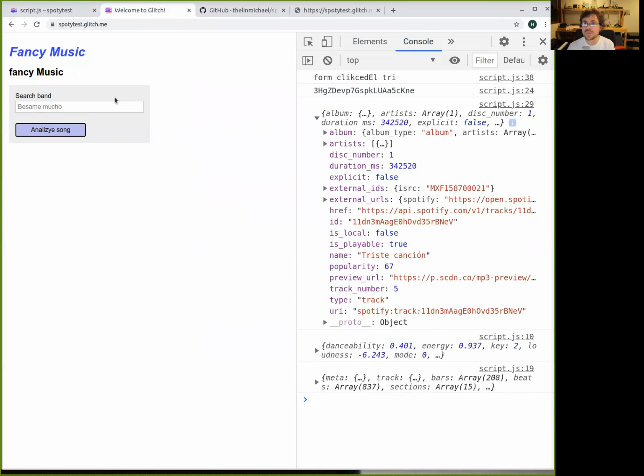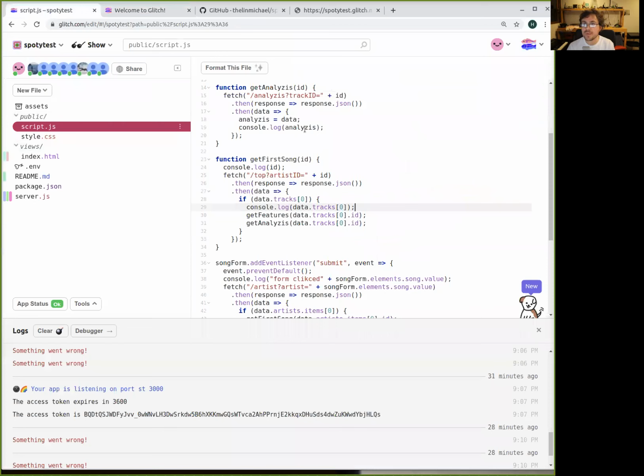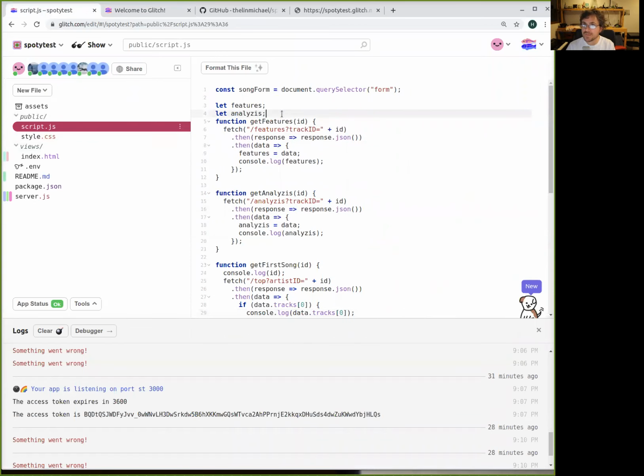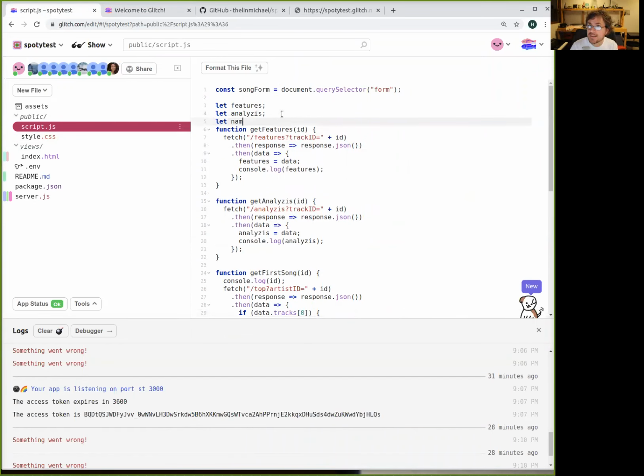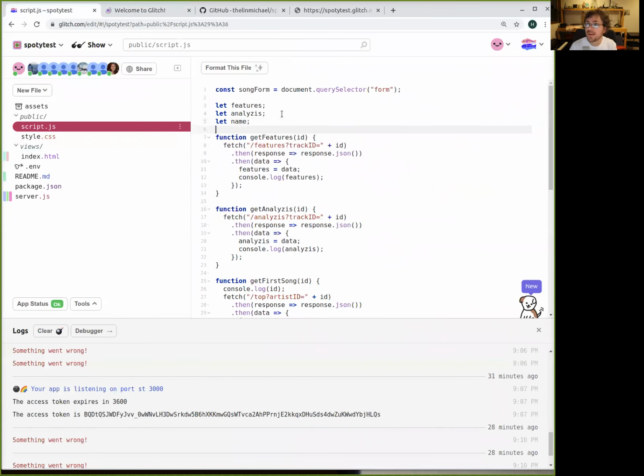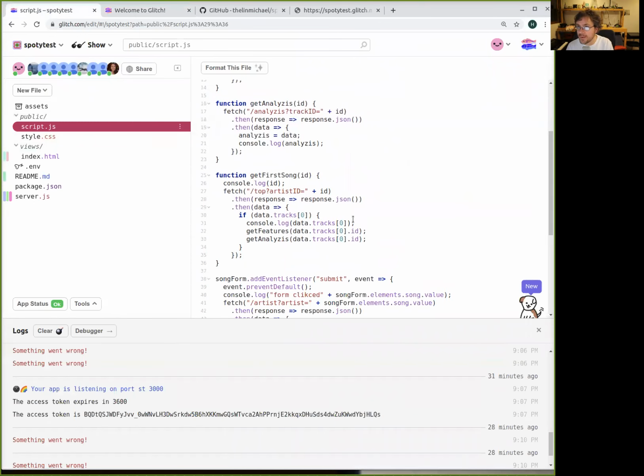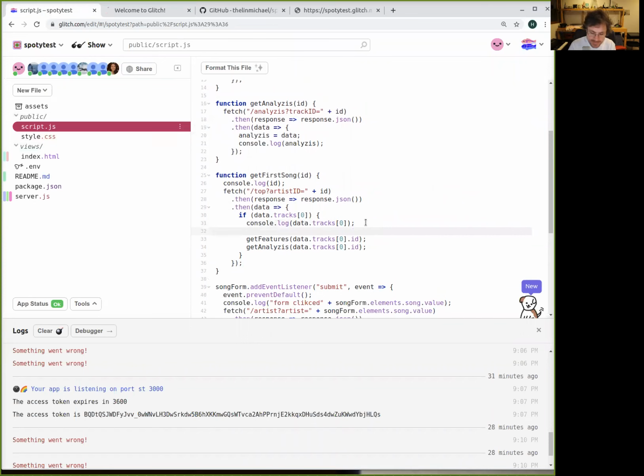Why don't we keep also the variable for the name? So also let's go this let name, okay? And when we have the name, we are also gonna store this as name is gonna be equal to data track. Guess what? What should we do here?